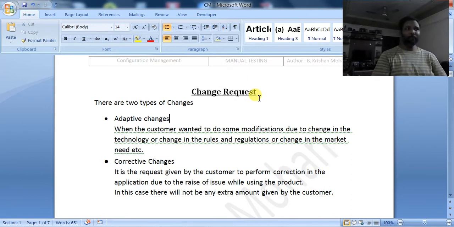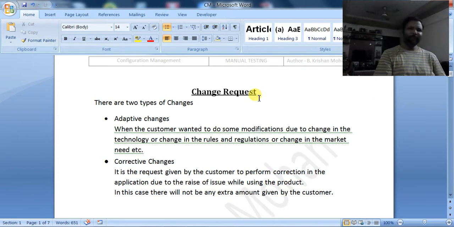Then the customer wants that requirement also to be incorporated in the project. So in that case also, he may give the new requirements, or a change in the requirements.